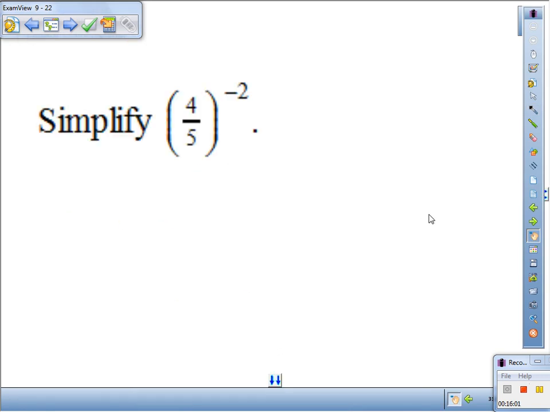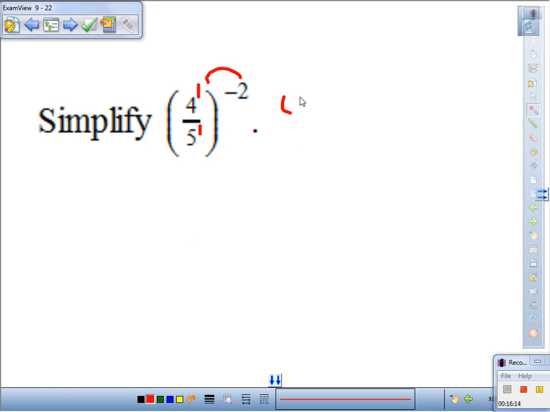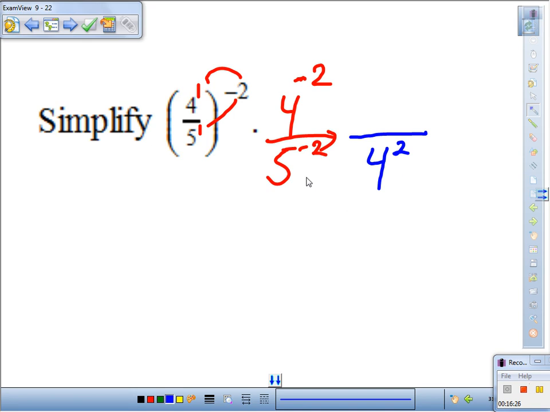This one, some of you just forgot to go the extra step. But once again, do not forget to put a 1 on the exponents, please. Because then you end up multiplying the numbers. Here we go. 4 to the negative 2 over 5 to the negative 2. Question, can we leave this as a negative exponent? No, so it goes in the denominator. Can we leave this one as a negative exponent? So we send it to the numerator, 5 to the 2nd. That's how they change in